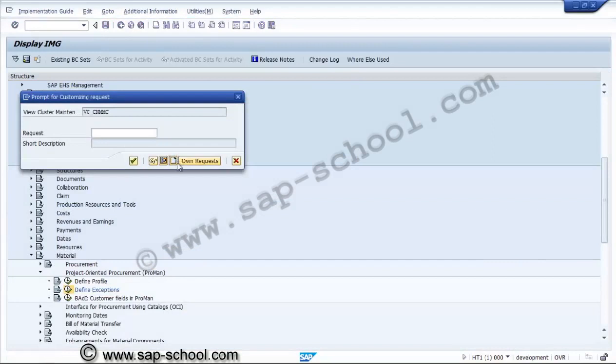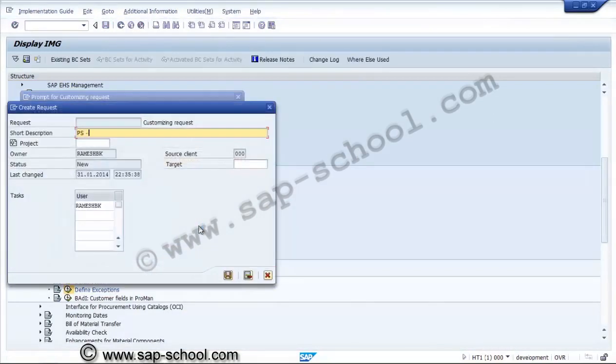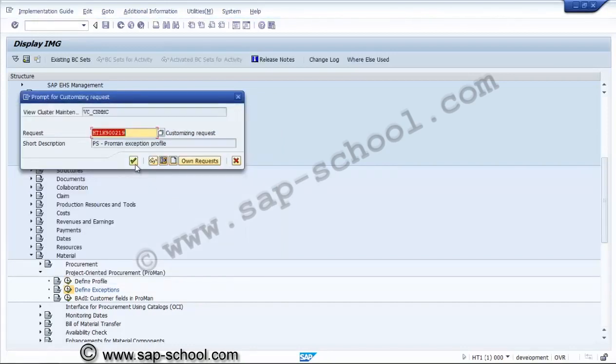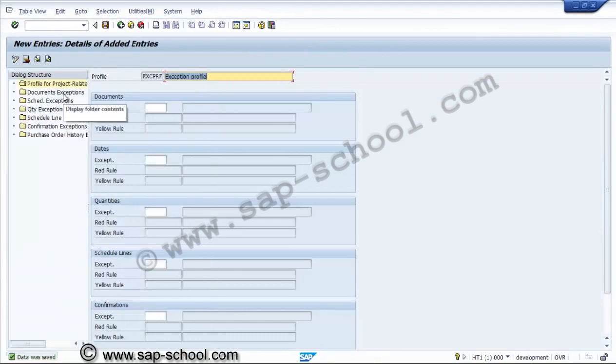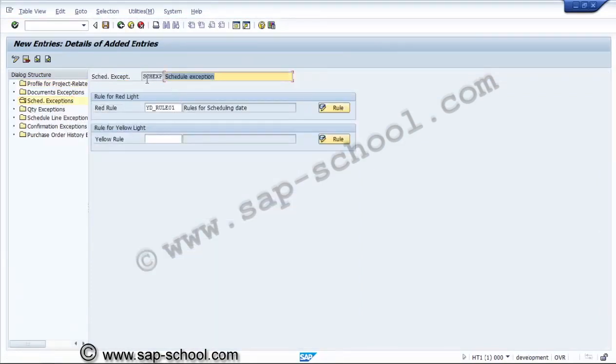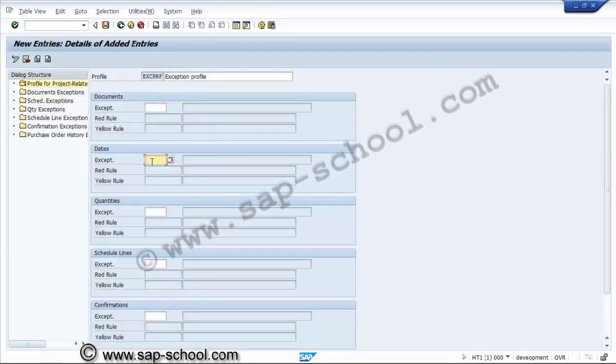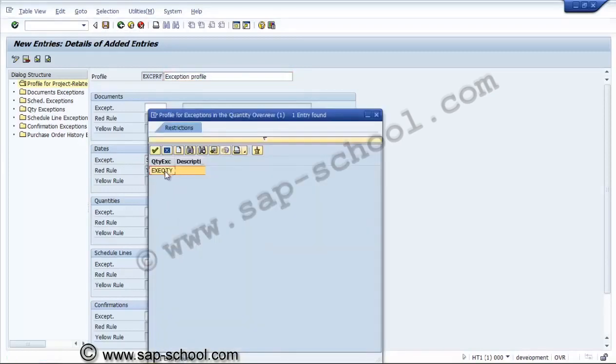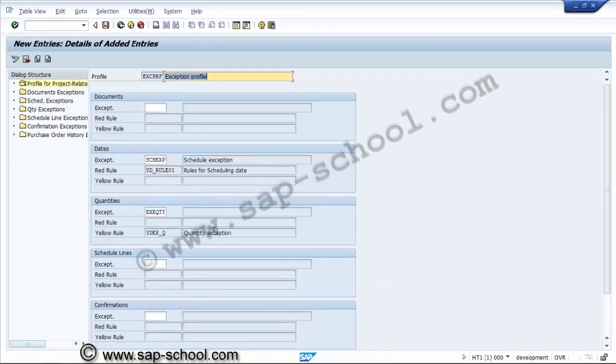This is the ProMan exception profile. In this exception profile we have the schedule exception, so it has automatically come, and similarly for the quantities we have the exception quantity.